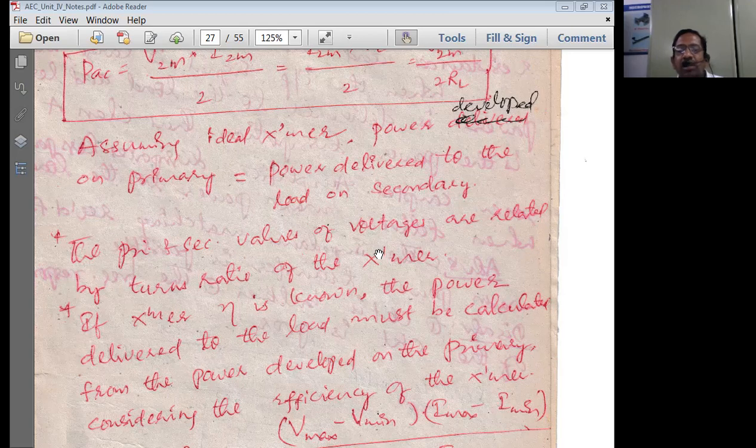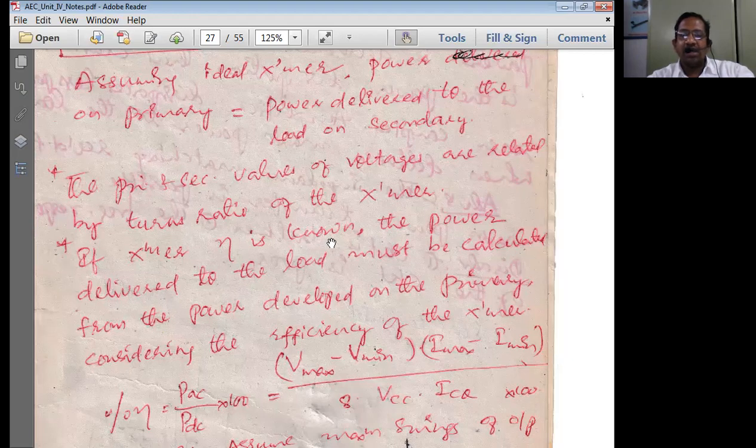signals, right? When you really handle radio frequency and higher frequency ranges, then this transformer really won't work for impedance matching. If you are really looking into AF signals only, sticking to power amplifiers, then this really holds good. That is why, since we are discussing power amplifiers, we are sticking ourselves to the audio frequency range only. We are not moving above the audio frequency range to radio frequency, microwave frequency, satellite frequency, radar frequency. No, we are not looking into all those things. We are just at a very basic level, that is the audio frequency level only.